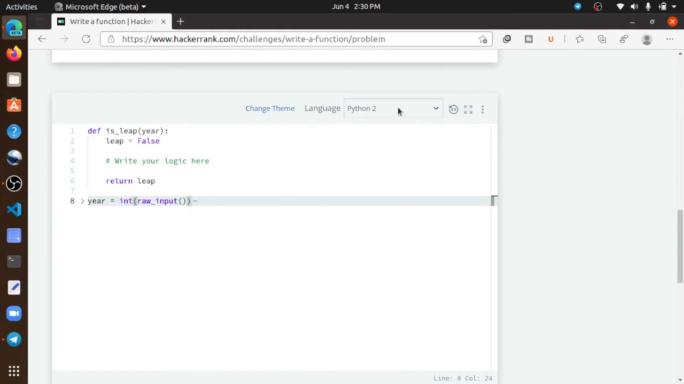So let's do it. First we will select Python 3. Now we add our logic here. First we apply: if year is divided by 4 and equal to 0, then and year is